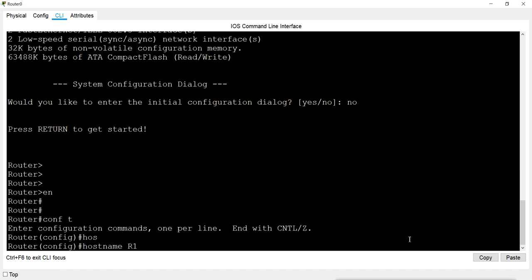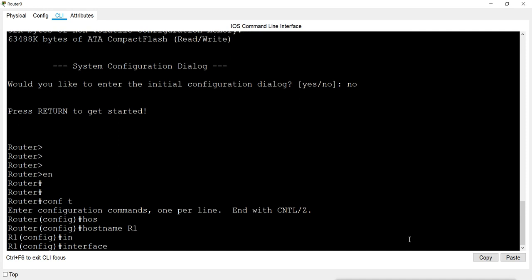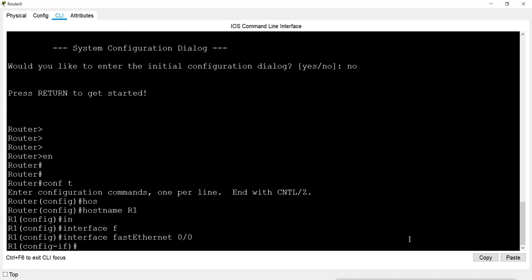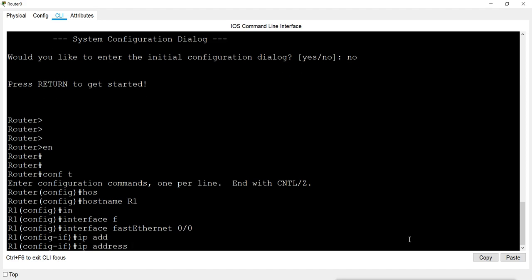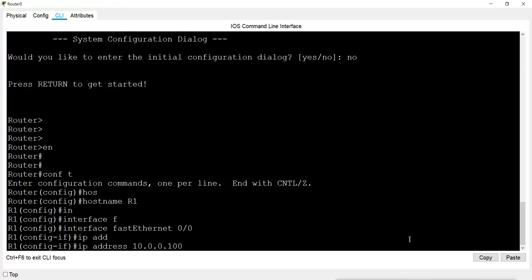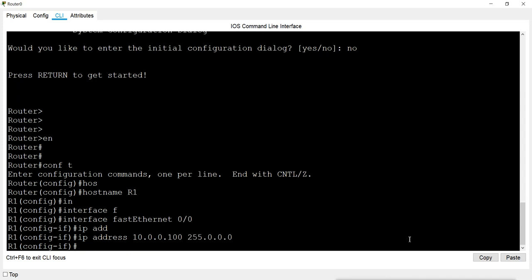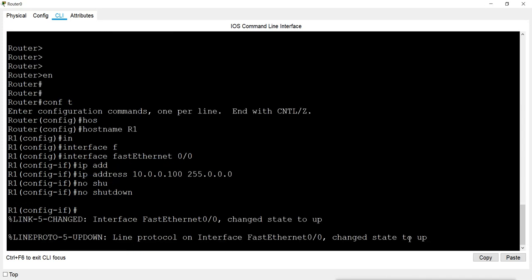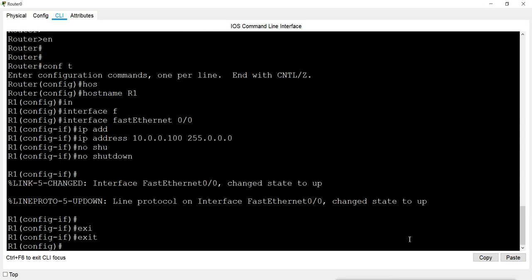This is router 1. First, the interface, with IP address 10.0.0.100. This is to connect the local network.